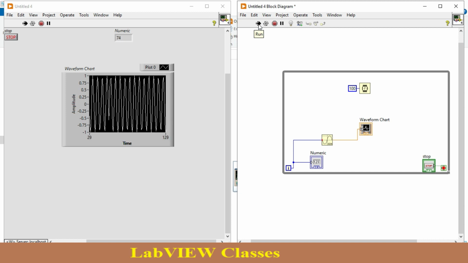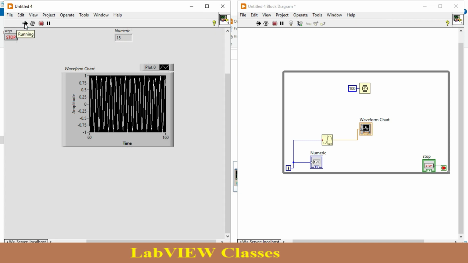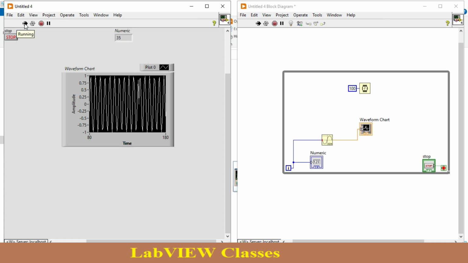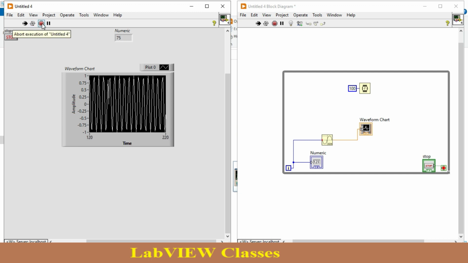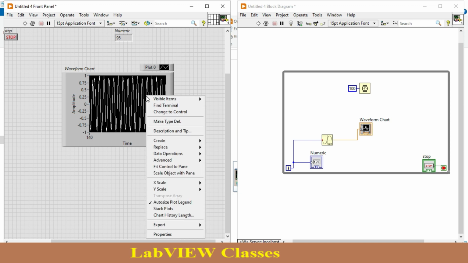Like when I stop it, it started from 144. When I again hit the run button, it is not starting from the initial point. In this case, it is the default property of this waveform chart. Okay, so when you want to change, 1 minute,